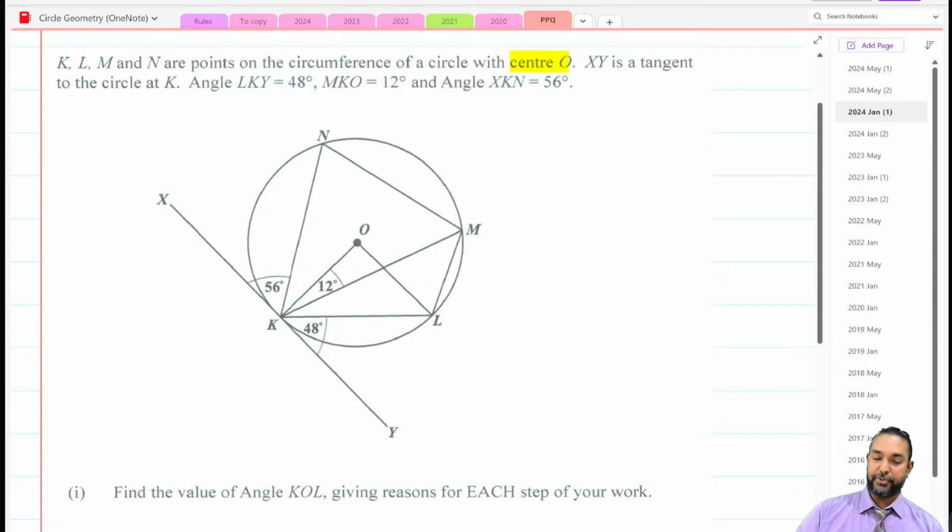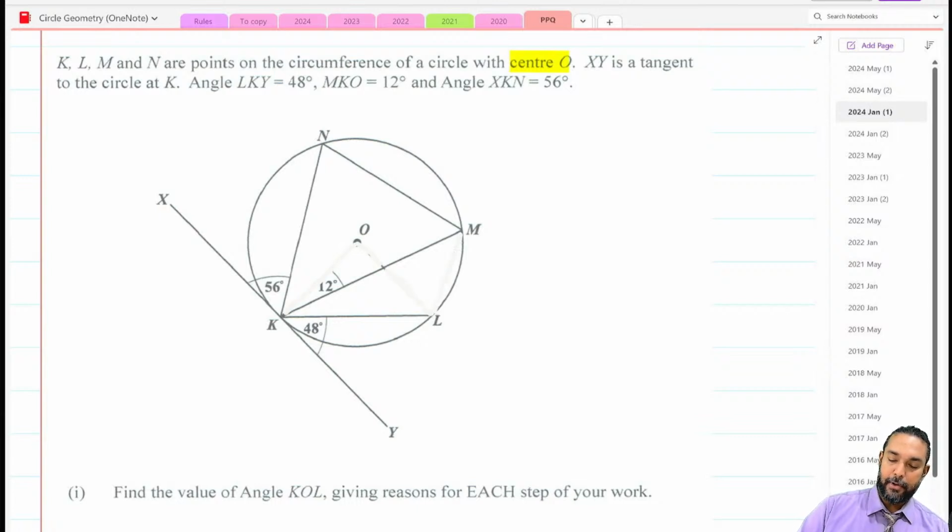XY is a tangent. So XY is this line on the outside here. And we know we have some rules of tangents, right? The angle between a tangent and a radius is what? 90 degrees, right? And if it's a chord, it's equal to the angle in the alternate segment, right? So that's one there. Now this chord is a bit of a red herring because we have a 48-degree angle here, but the rule with the angle and the chord has to do, as we saw, with a triangle, not so? If we block out the radii, yet again, sorry, and not just the radii, let's block out these lines here,